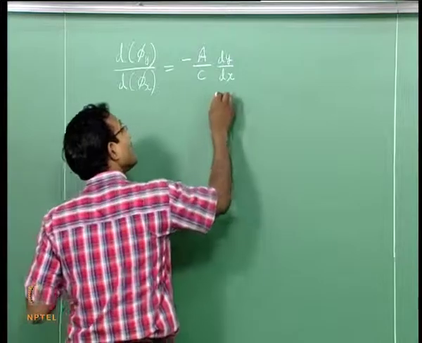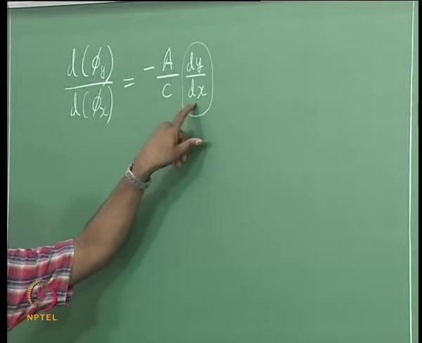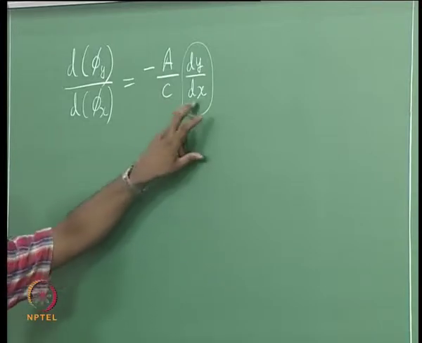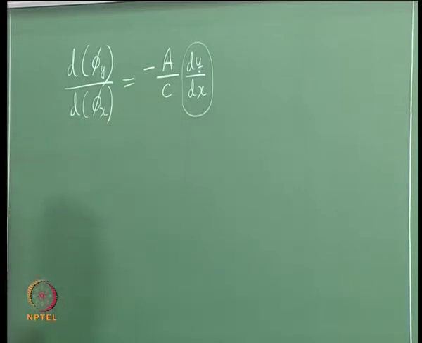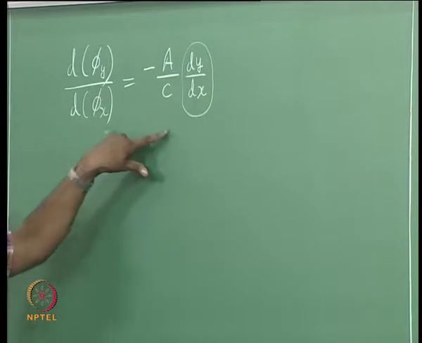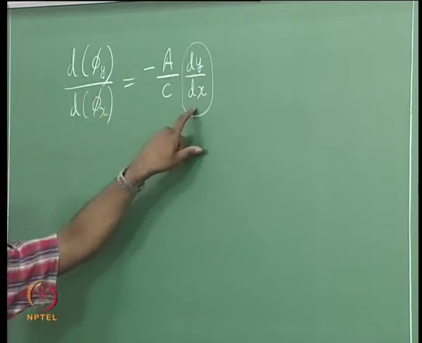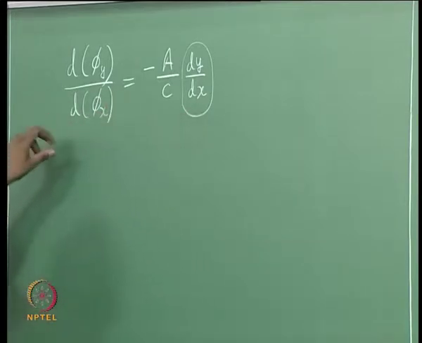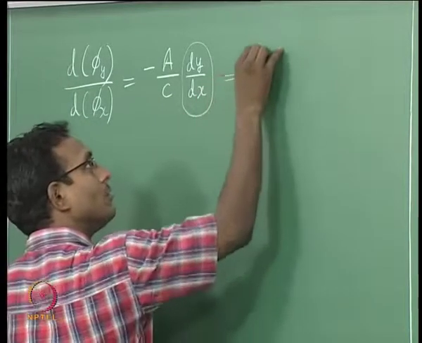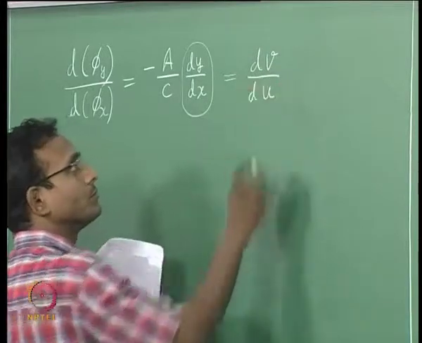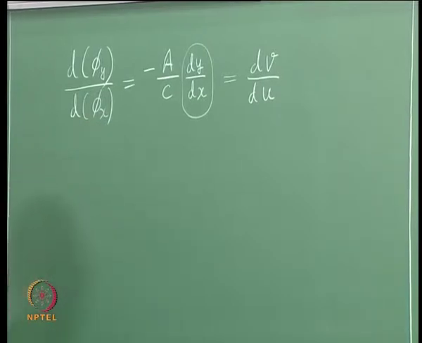But before that I want to look at this dy by dx. This dy by dx, we already found from the denominator being equal to 0, I should have two solutions for this dy by dx. Only along those two particular directions is the denominator 0, and if I satisfy this equation then the numerator is 0. So ideally I have to use that dy by dx here, those two values, and I will get a particular relation here. What is this relation really? This is equal to dv by du, right, because phi y is my v, phi x is my u, small u. Okay.